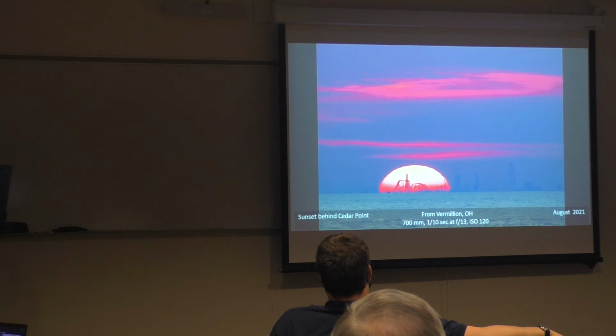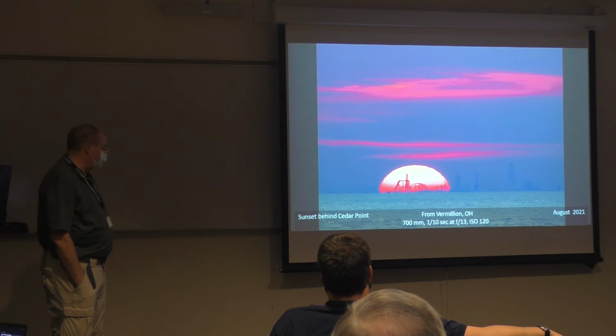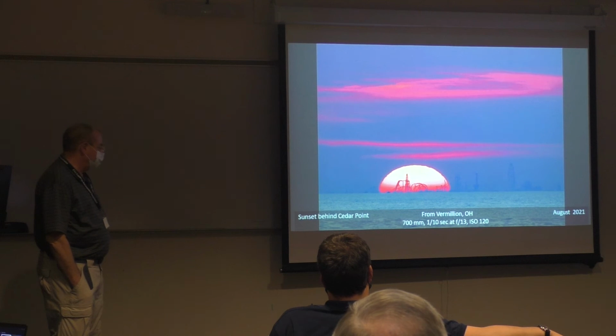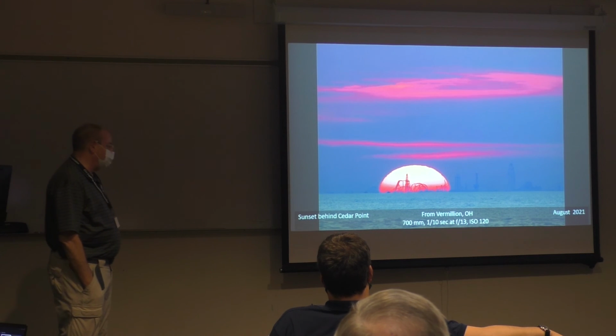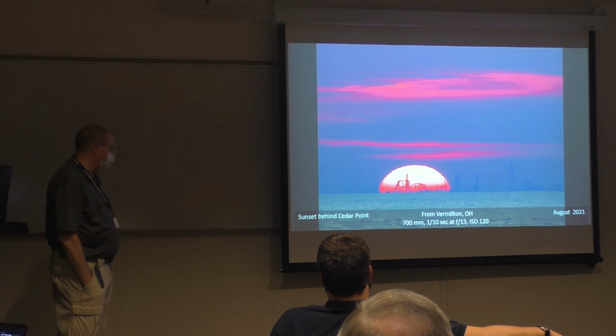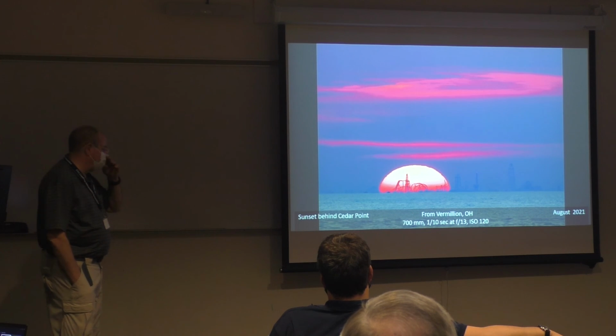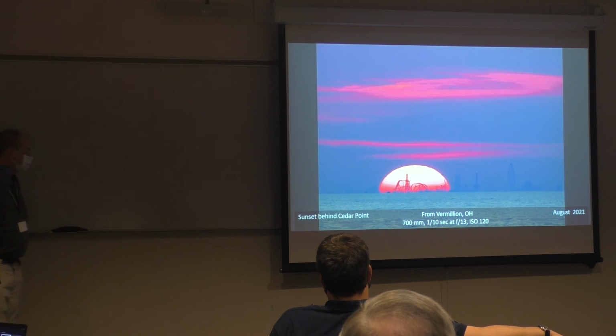That's Cedar Point from Vermilion, about 17 miles away. There's only a few days during the year when it sets behind Cedar Point, as seen from Vermilion. But very long lens, 700 millimeter. And you can see some of the other rides there, like